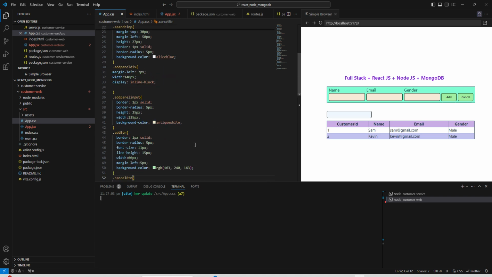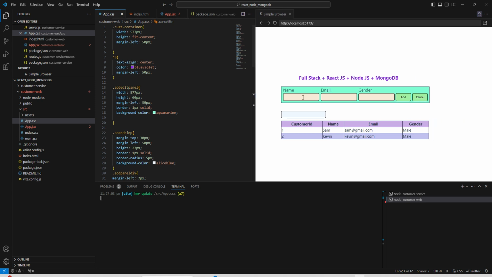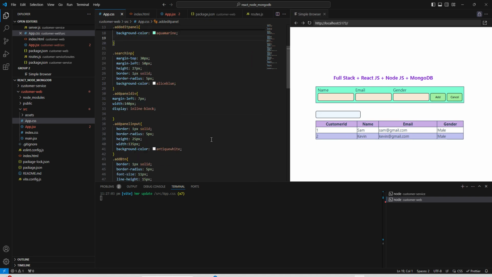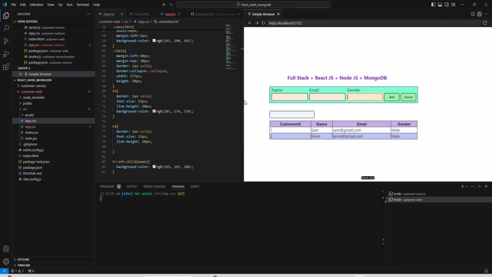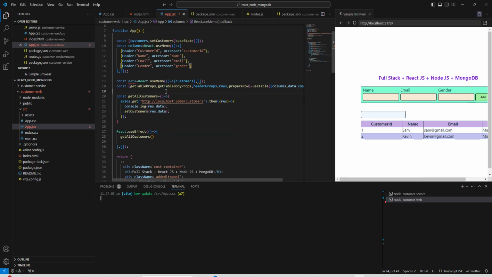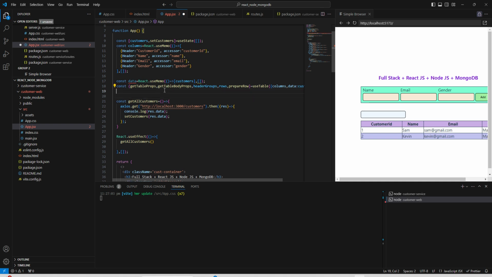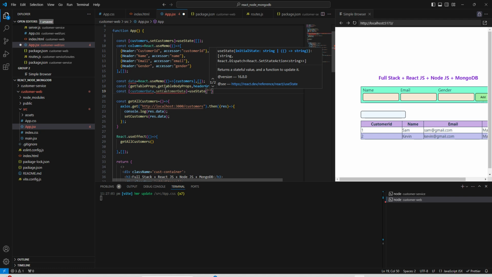Now let us do one thing, we can write one add method like post API, so that we can add the customer data into the database. So let us do that part. Before we do that, we need to capture what all is entered into name, email and gender in some object. So we can define that object here. We can mention one constant, customer data, set customer data, and here we can use useState, and initialize it with